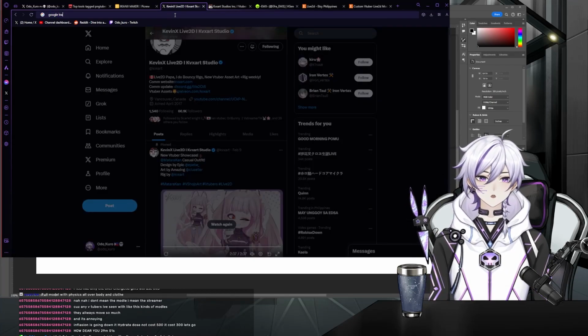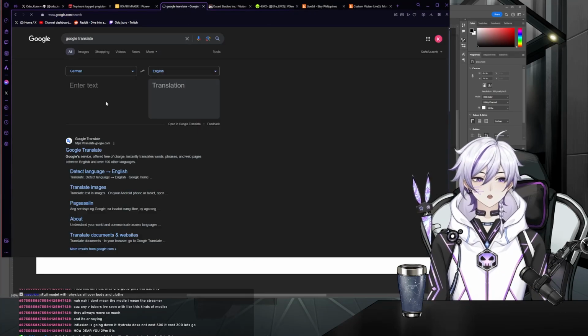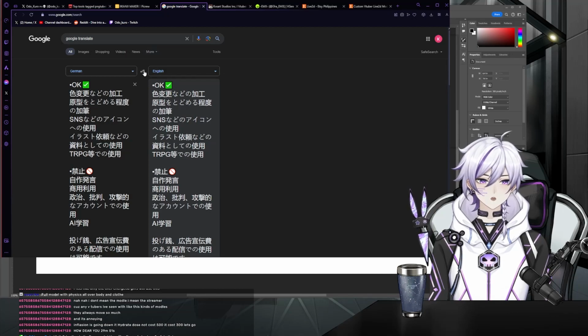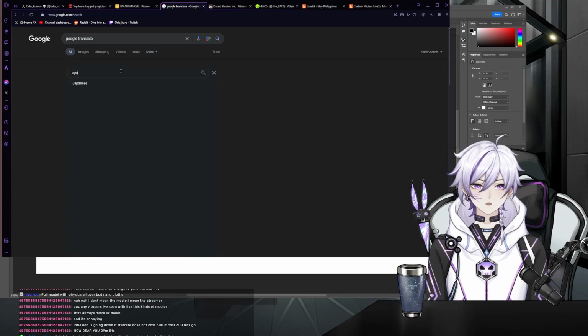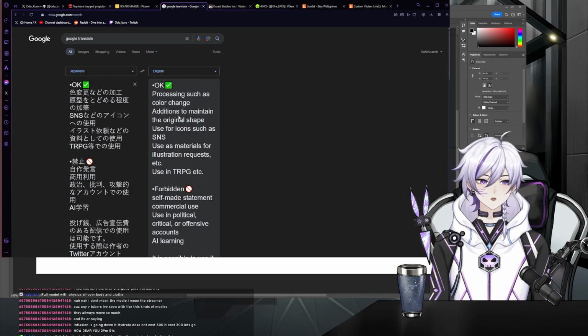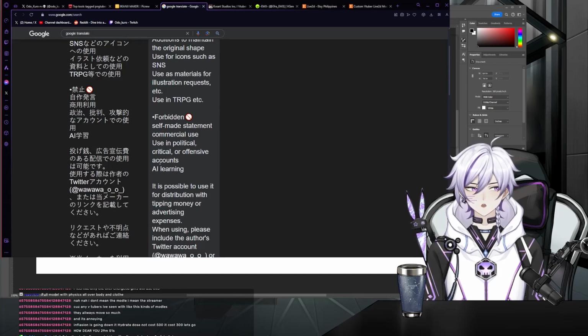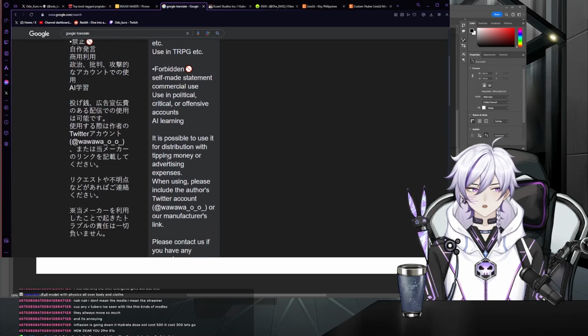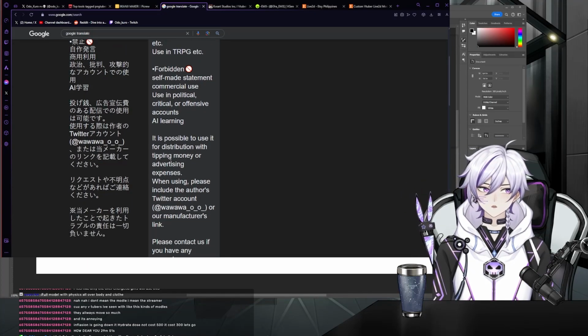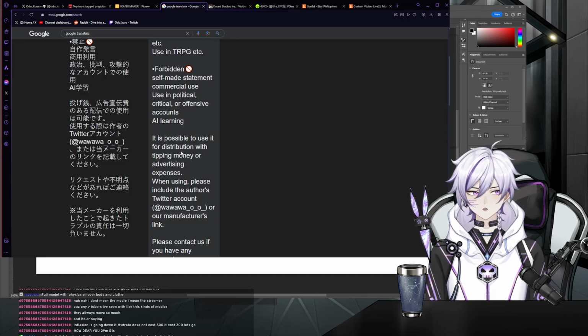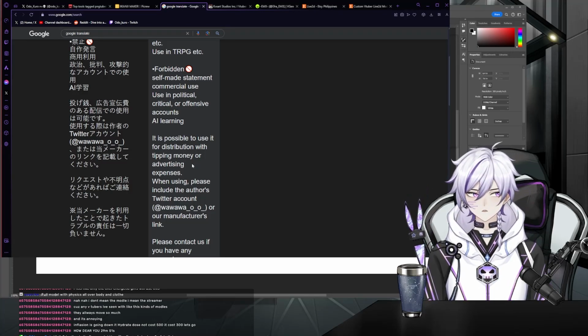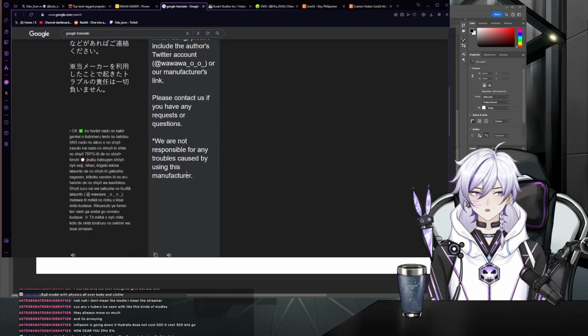Let's check Google Translate. All right. What is this? German, Japanese? All right. Processing such as color change, addition to maintain the original shape, SNS, illustration request, forbidden. It's possible to use it for distribution, tipping money, or advertising expenses when using. Yes. So basically,